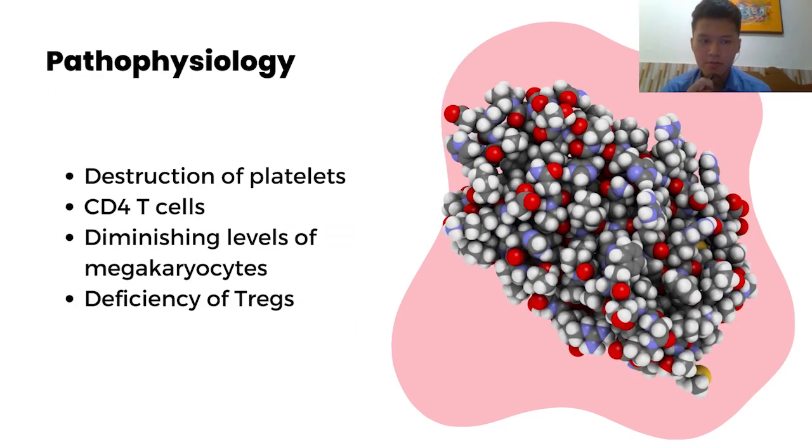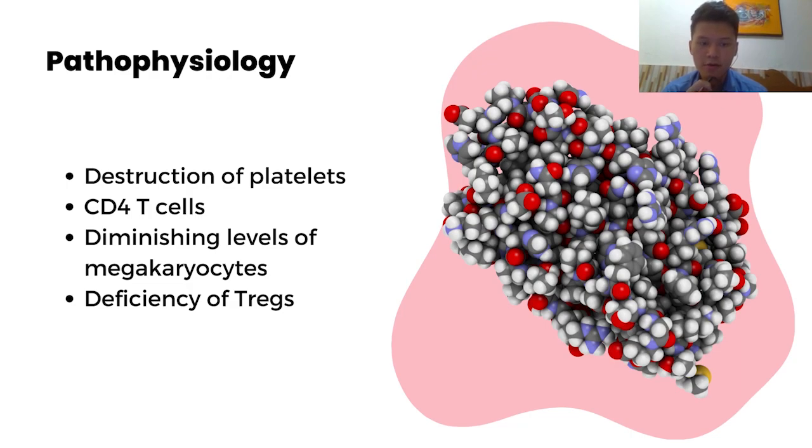Pathophysiology of ITP begins with peripheral destruction of platelets in the blood. This is done by antibody binding that leads to activation of the classical complement pathway and formation of the membrane attack complex. Meanwhile, in the spleen, macrophages phagocytose platelets, which are labeled by the complement pathway, and thus become antigen-presenting cells that stimulate